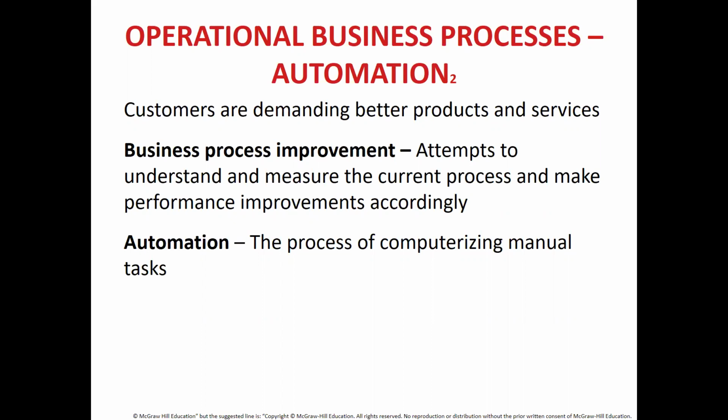Automation is the process of computerizing manual tasks. So when you talk about automation, you are talking about computerizing humanly performed manual tasks. You are trying to eliminate all those tasks that are generally performed by humans. This means you may end up downsizing or rightsizing your organization by removing people. That might seem bad from the very beginning if you look at it from a human perspective, but from a business perspective, that's better for them.